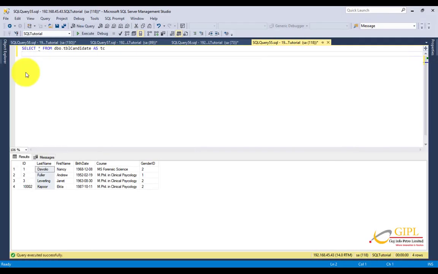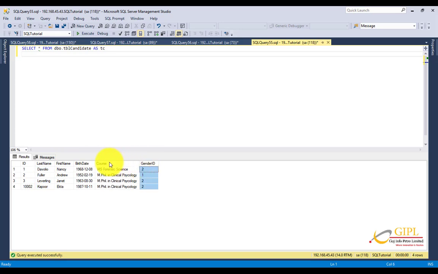In fact, triggers can be considered as a special kind of stored procedure that executes automatically in response to a triggering action. So let's understand this trigger with examples. I have this table called TBL candidate, which has got ID, name, codes and gender ID columns.